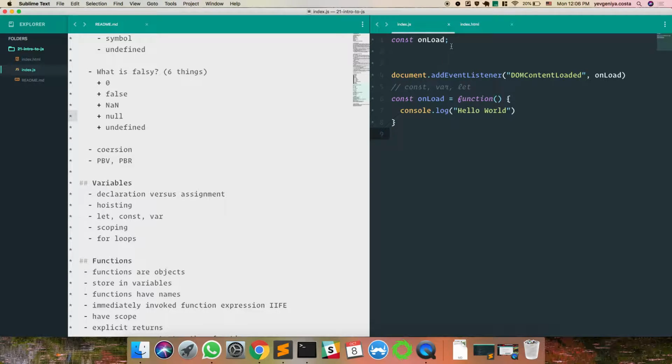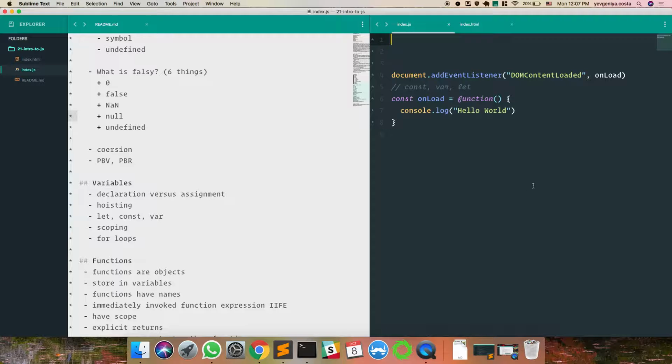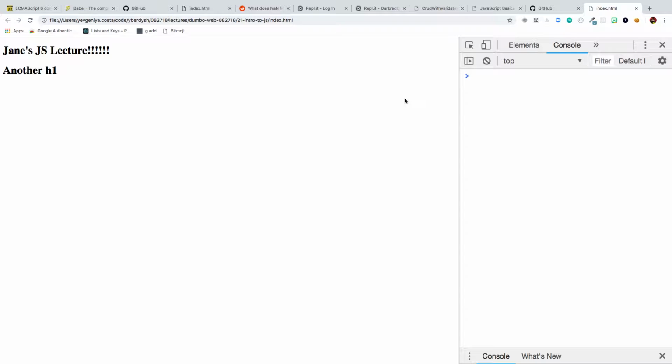But another problem with var is that it throws silent errors. Oh yeah, this is the error I was looking for. Unload is not defined. So right now, my program is yelling at me. It's like, hey, you didn't define unload because this runs before it's defined. If I were to use var, it doesn't work, and it also doesn't tell me what's wrong. So it throws silent errors, which is why we tell you to use const and let. Unless you really know what you're doing with var, then you can use var. So var is more like be familiar with it when you encounter it in people's code, but it's better to use const and let.